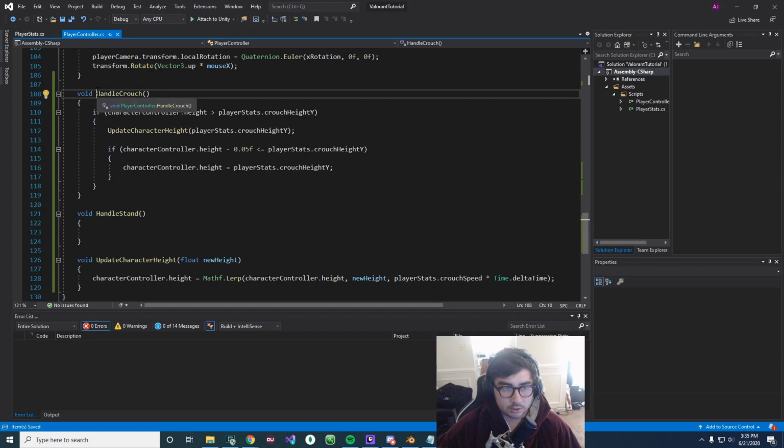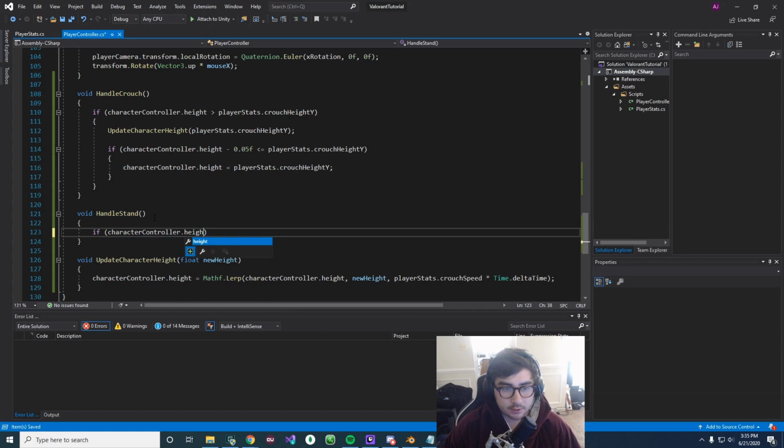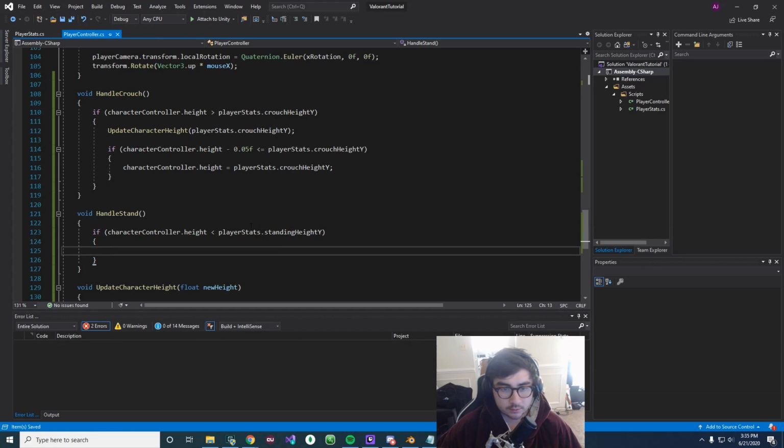So let's work on standing back up. Let's start off by just saying if character controller dot height is less than player stats dot standing height Y, then let's open that up. So if we are anything below standing height, let's try to run this functionality, right?